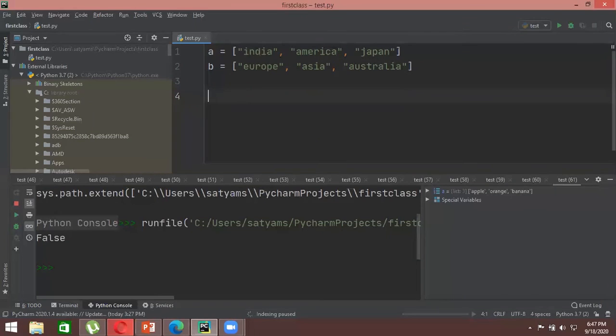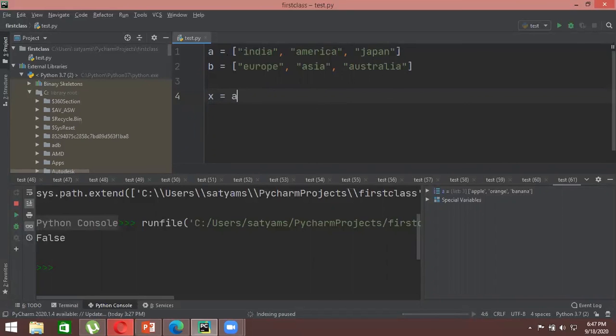Let's say I have defined another variable as X, and I am assigning the value of X as A. That means whatever the list that A contains is actually the same as that of X. So if I want to give the same value to X as that of A, I won't write the same list here again. I'll just write X equals A. This means I'm assigning the value of X as that of A, right?